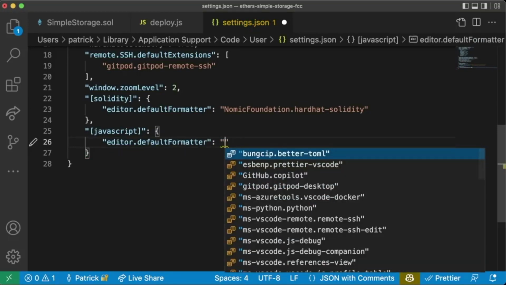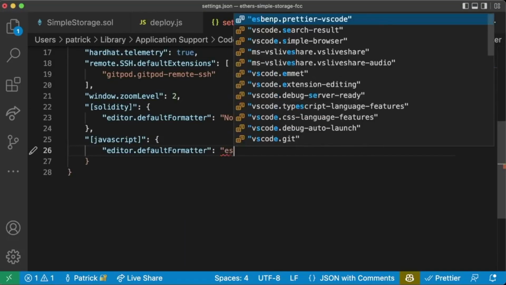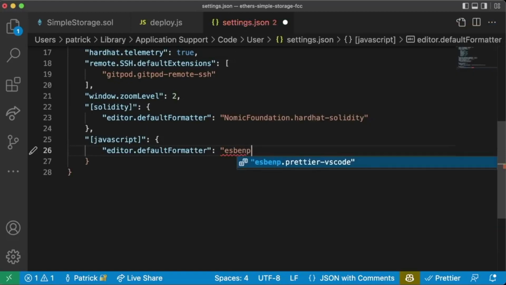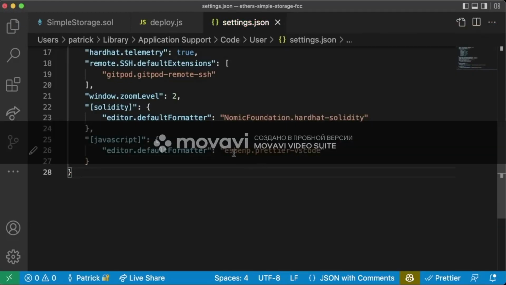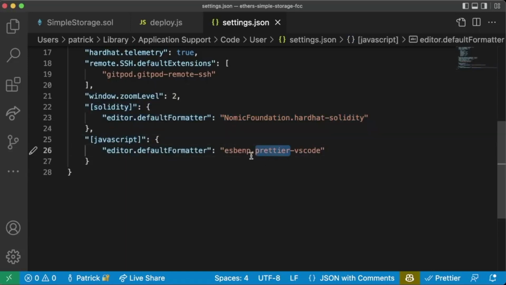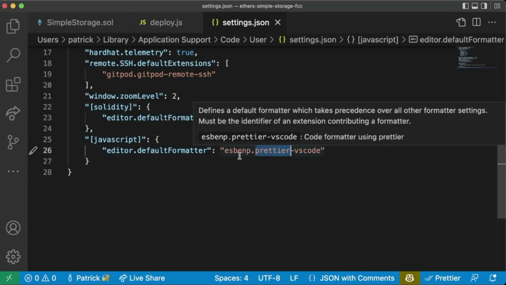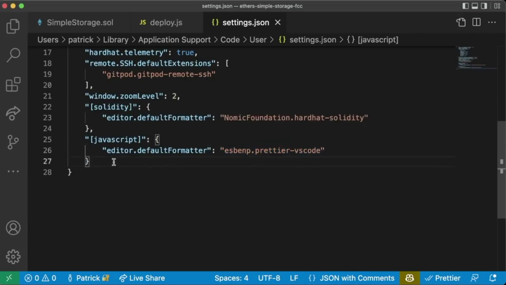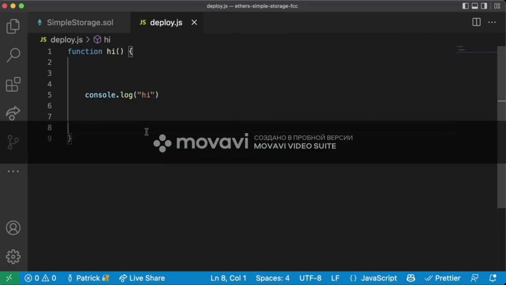And then in here, we're going to do esbenp.prettier-vscode. This will make Prettier the default editor for JavaScript. Now, like I said, pretty soon we're going to have Prettier override both of these for Solidity and JavaScript. And we're going to give Prettier some parameters so that no matter who uses your code, they will always have the exact same formatting. But now that we have Prettier in here as the default editor,